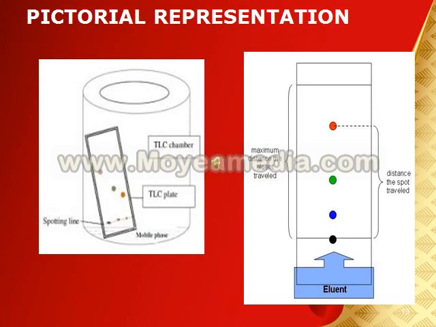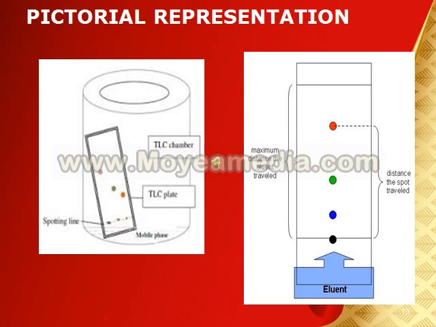This is a pictorial representation of thin layer chromatography. As you can see here, we have a TLC plate which is made up of glass and alumina, on which silica gel of TLC has been applied. It can be prepared as well as it is available in the market. Then we have a TLC chamber, which is a beaker. At the bottom is a mobile phase, which is the solvent in which the TLC will run. There's a spotting line on which we place the spots, and then we cover this TLC chamber with a watch glass. After 10 or 15 minutes, the whole slide is wet.